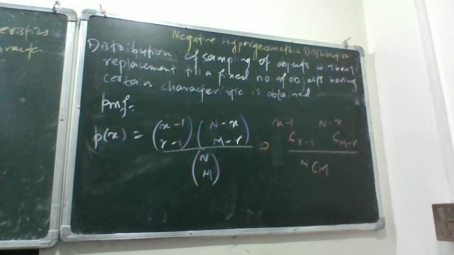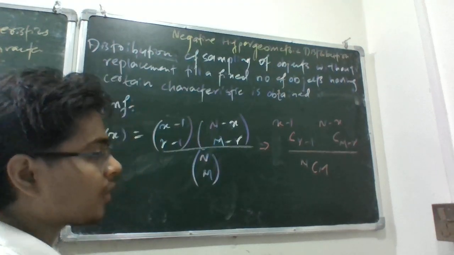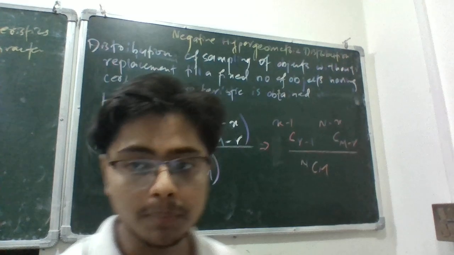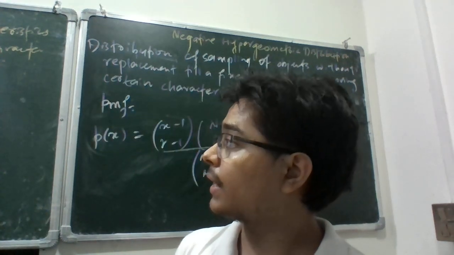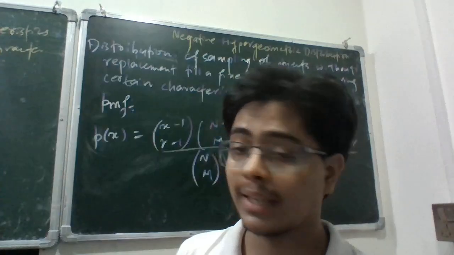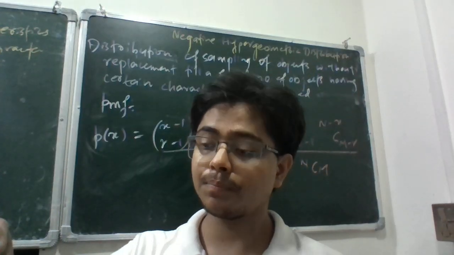It is the distribution of sampling of objects without replacement till a fixed number of objects having a certain characteristic is obtained. That means if we consider the previous case where x is the number of draws and r is the number of successes, then we draw